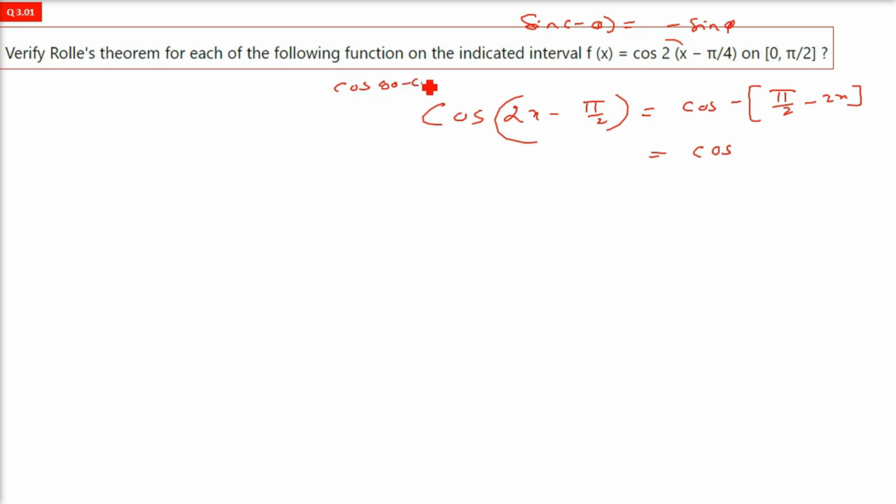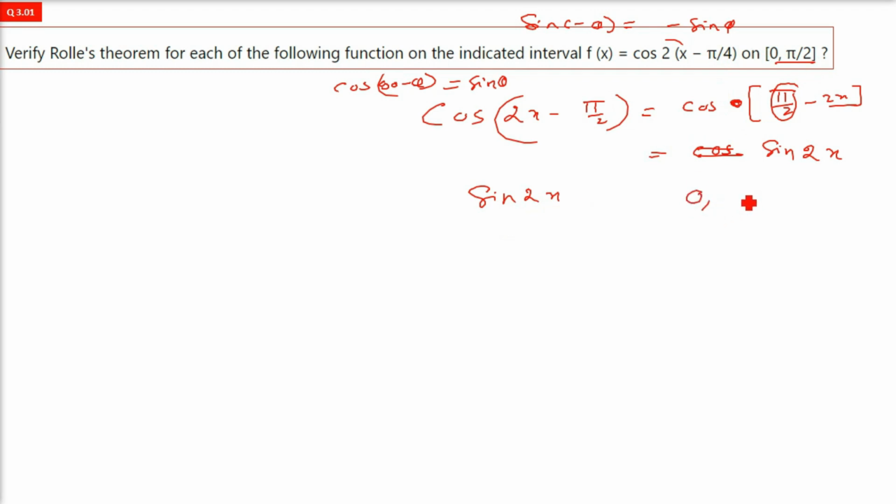So cos 90 minus theta is what? It is sine theta. Cos 90 minus theta is sine theta. Because negative, I already told you, is going to give you positive anyway, so cos 90 minus theta is going to be sine theta. So just write sine 2x. I hope you got the idea that cos 2 into (x minus pi by 4) is nothing but sine 2x. So we are going to deal with sine 2x,